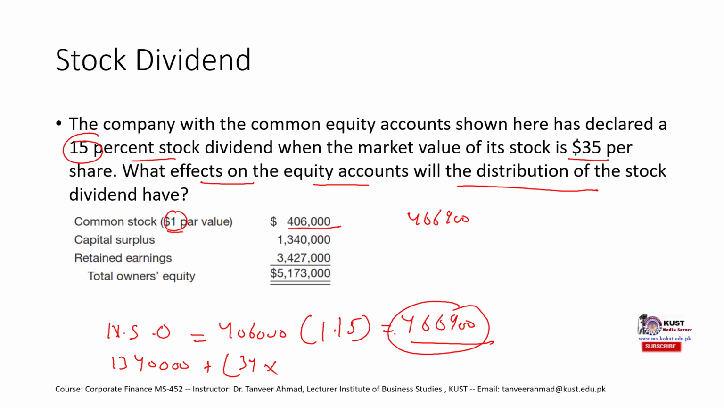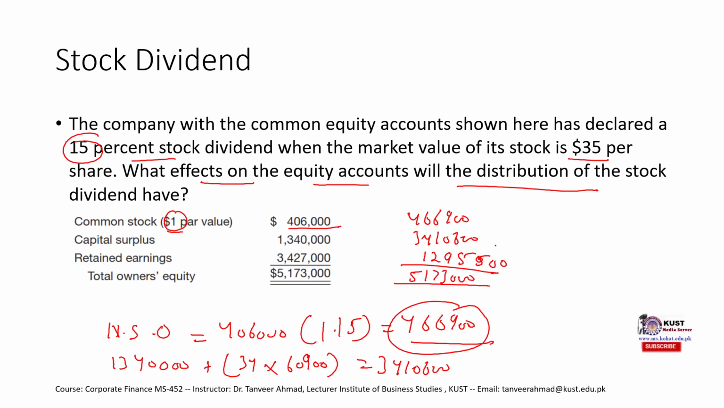number of shares. So how many new shares are issued? Previously we had 406,000. Now we would have 466,900. So 60,900 new shares would be issued. So the total amount would become 3,410,600. Remember, the owner's equity would remain the same, so we would adjust the retained earnings, and now our retained earnings would become